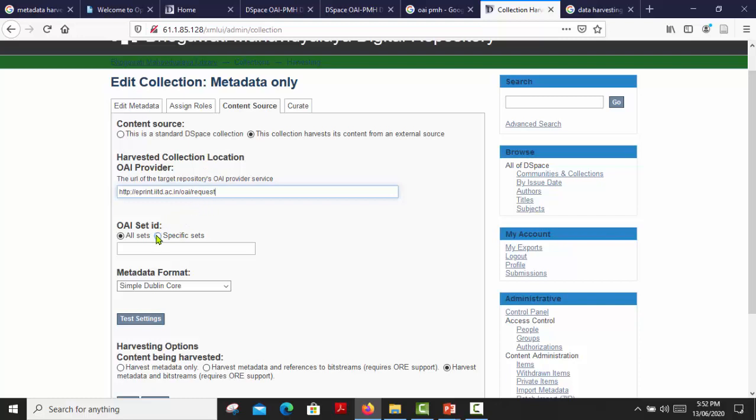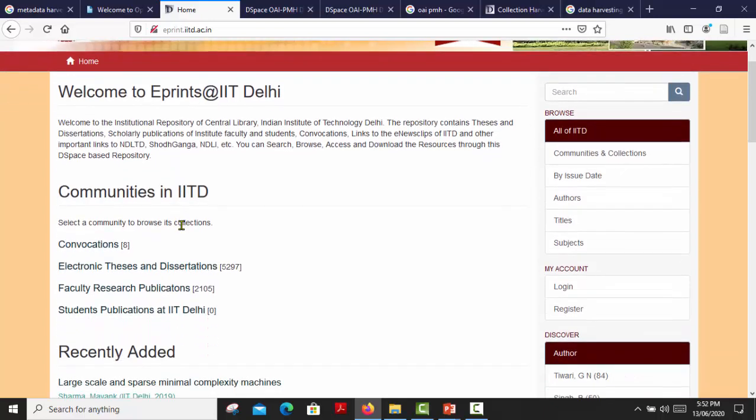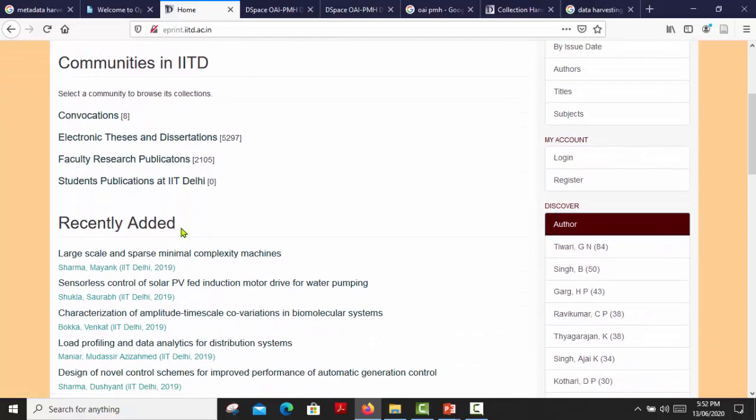Then I am going to select the specific sets. In specific sets, first I have to locate which content I want to add to my repository. I am going to IIT Delhi's repository and browsing the content which I want to harvest. I am clicking faculty research publication.